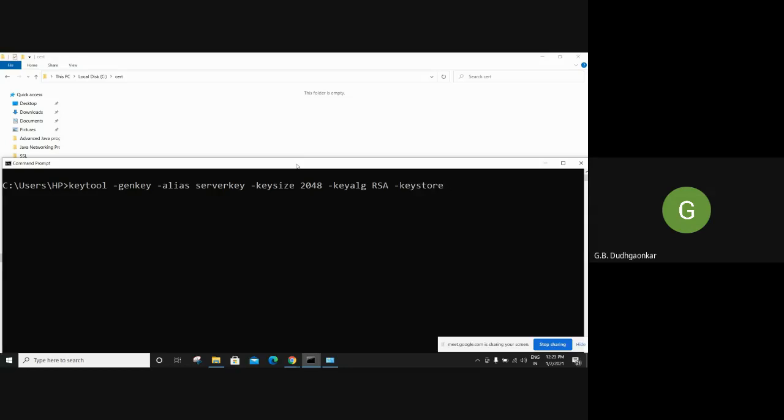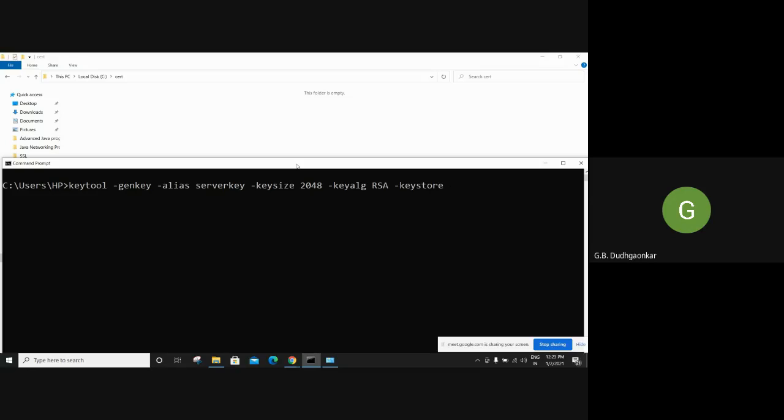So this is very important. With this keystore option, keytool will generate the file, whatever file name you are giving, under some location. And by using that file, you can export the keys from that file. That means the first step, we have to create a key store, because that file which you are creating will hold public and private keys.